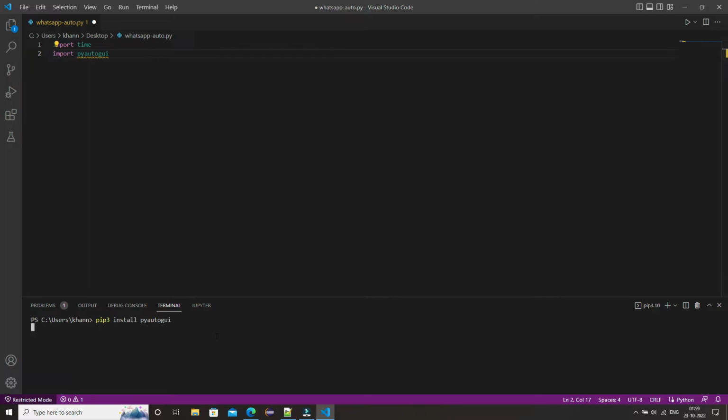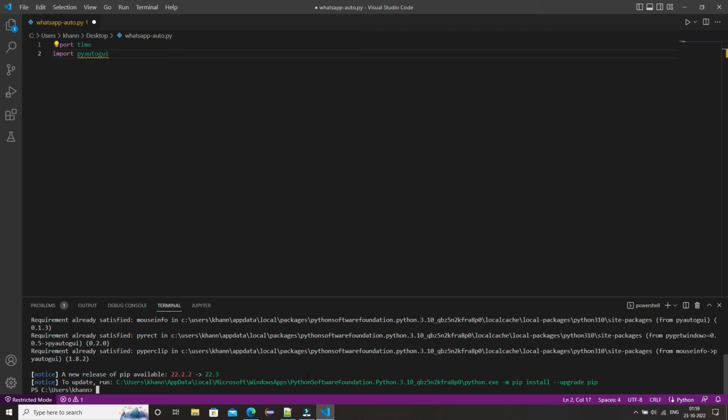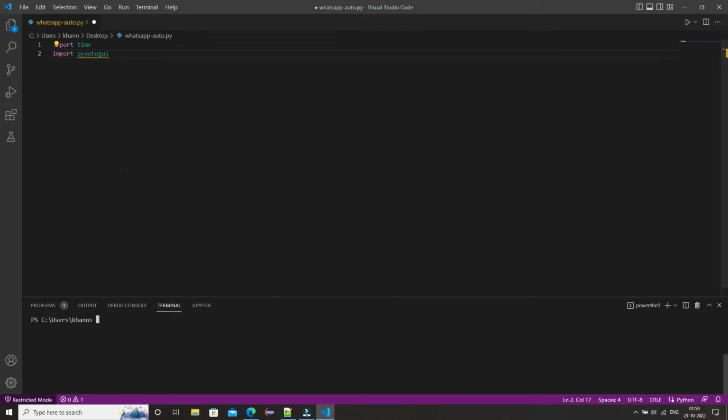This is basically for automating GUI, like graphical user interface. In our system it's already installed. So once you type that command, it will be installed in your system, and then